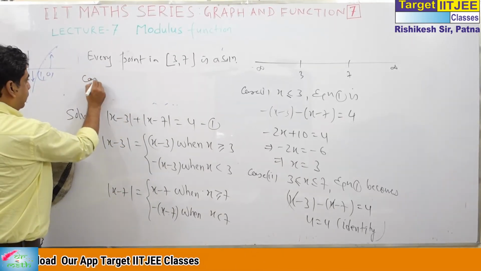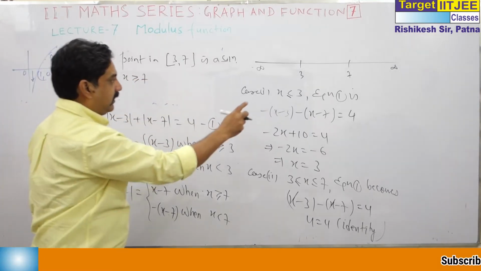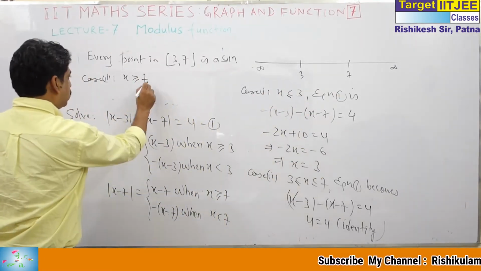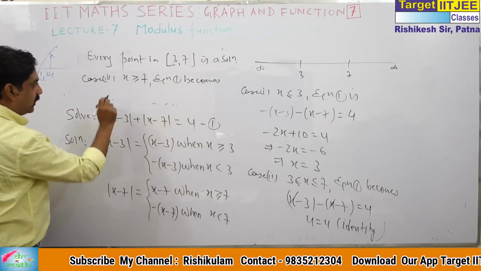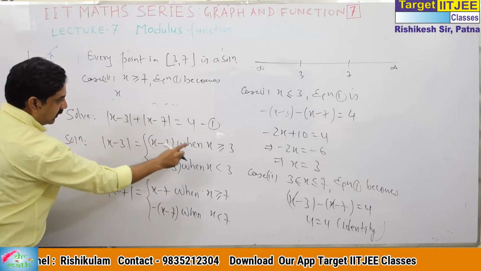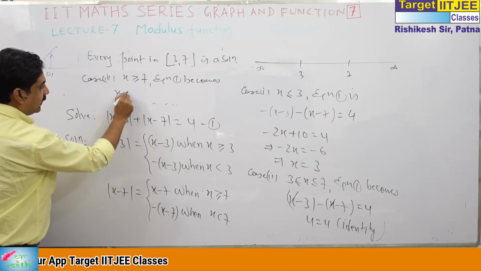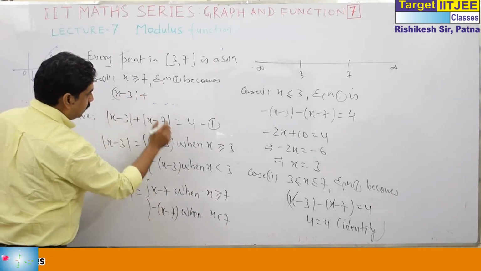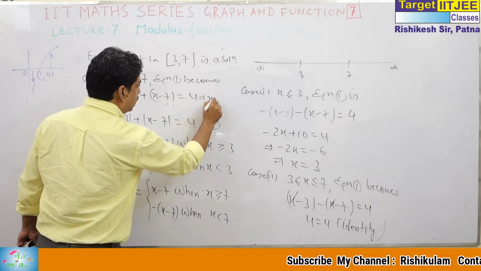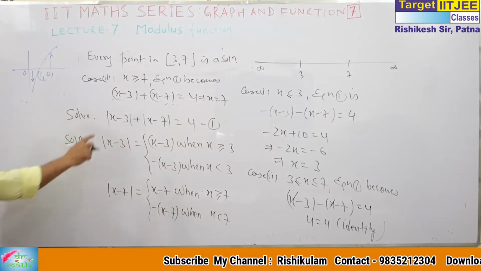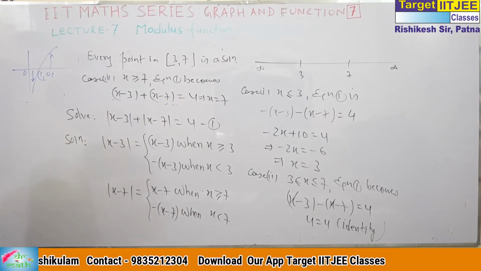Now case 3. Suppose x is greater than or equal to 7. Take the last one. What does equation 1 become? You can see from here x greater than 3, x greater than 7, both cover x minus 7. For this we write x minus 3. And for this we write x minus 7 is equal to what? From here you get x is equal to 7. You do it yourself. 7 plus 3 is 10, 10 plus 4 is 14, 2x is equal to 14, x is equal to 7.